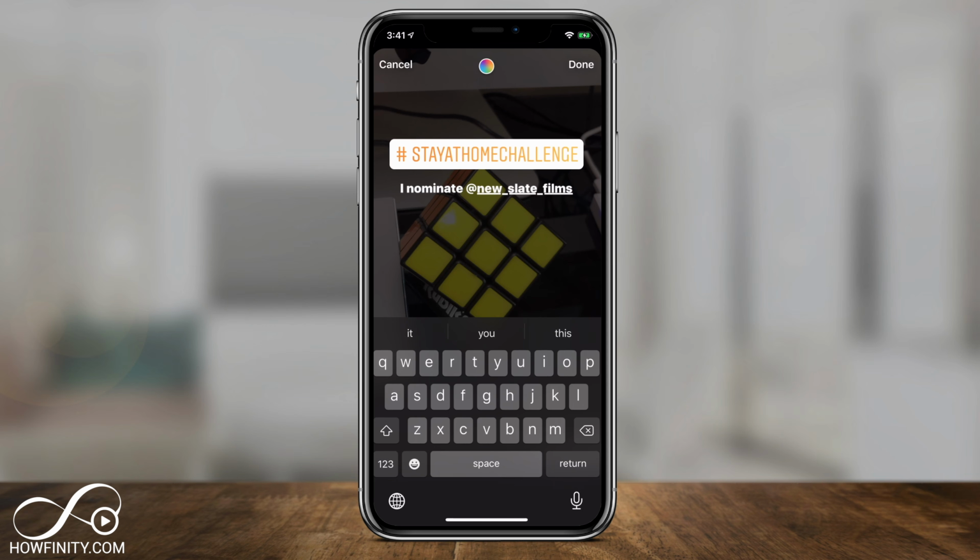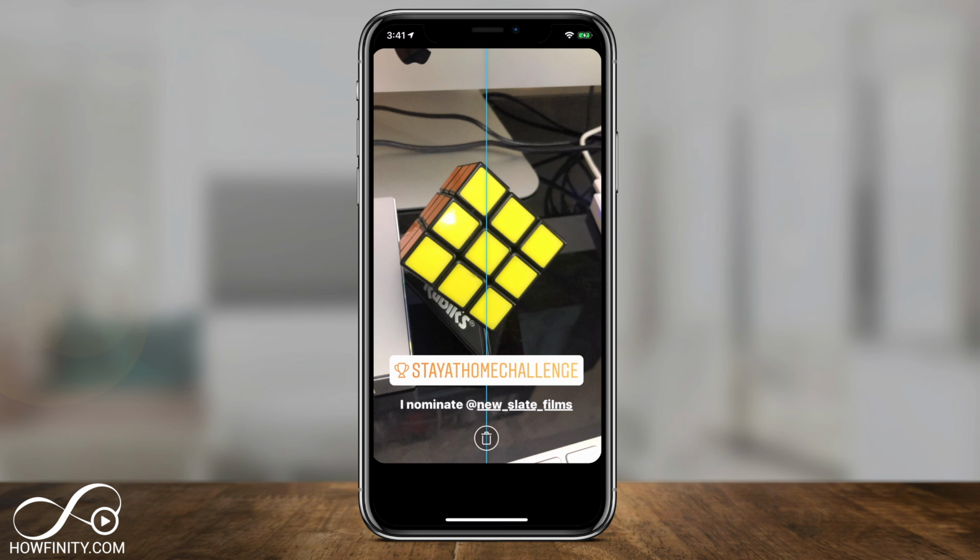Then a couple of things you could do. You could go ahead and change the color. So right now I'm on the "I nominate." And if I press the color icon, it will change the color of that. I'll leave it as it was. And then the sticker icon, if you click the sticker, you could also change the color and the layout of that. Then when I'm done, I'm going to press done,